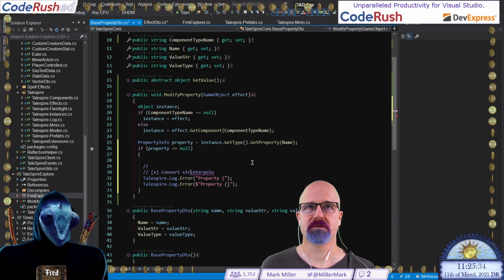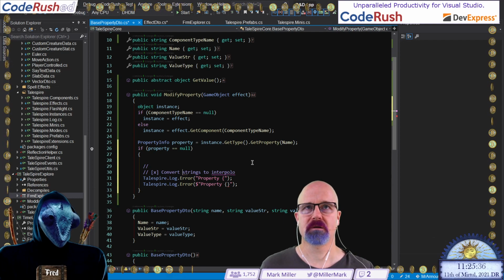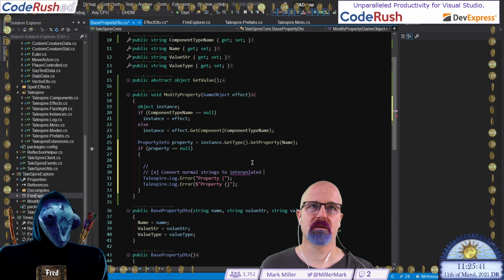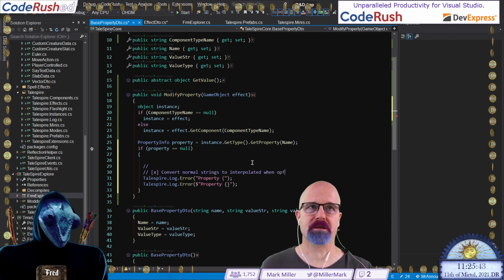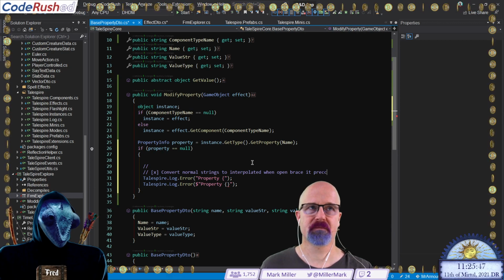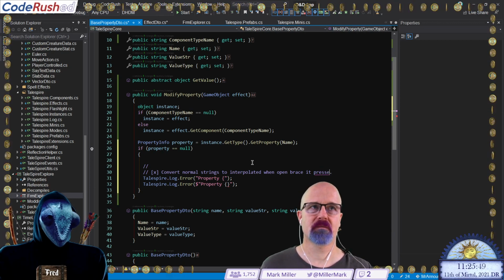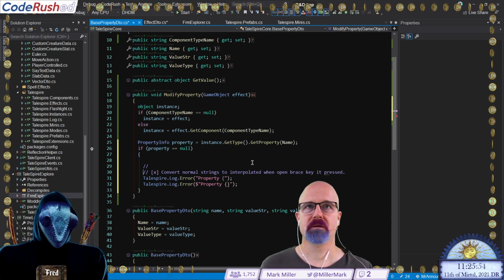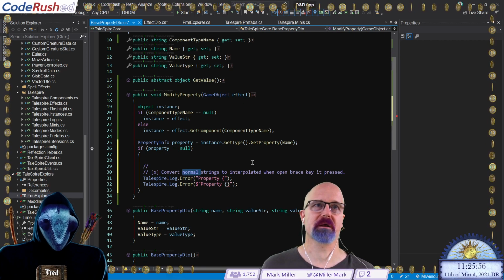Convert normal strings to interpolated when open brace is pressed. And obviously this only happens if they're not already converted. Yeah, well, that's why I said normal strings to interpolated, right there.